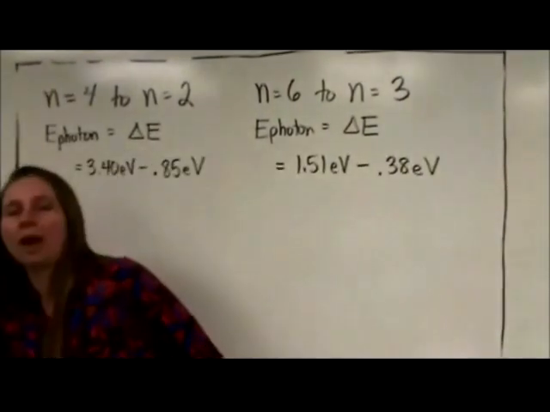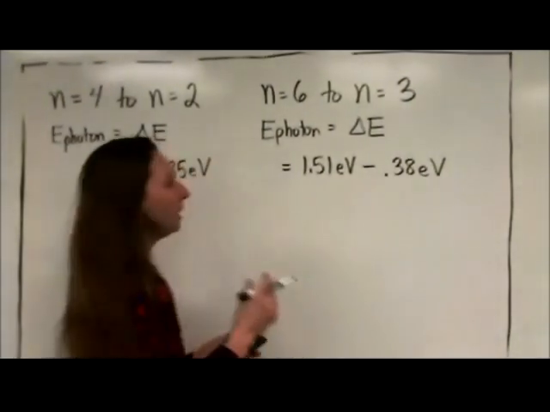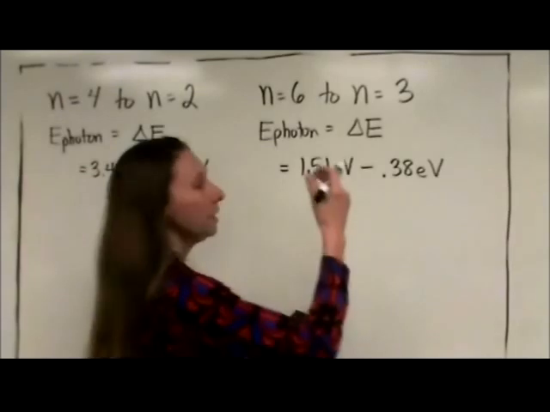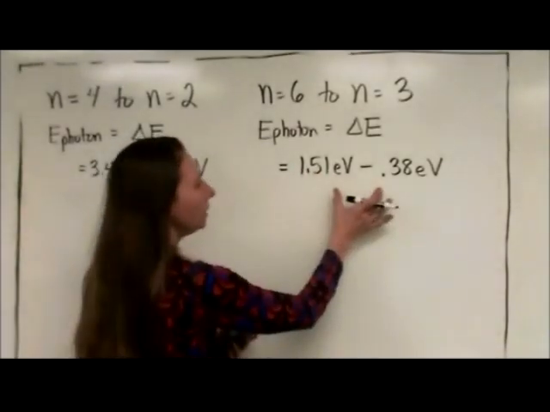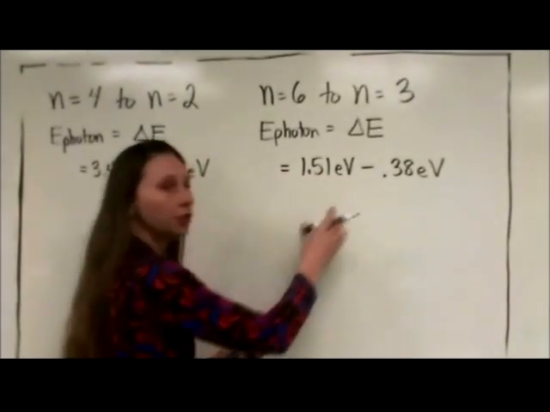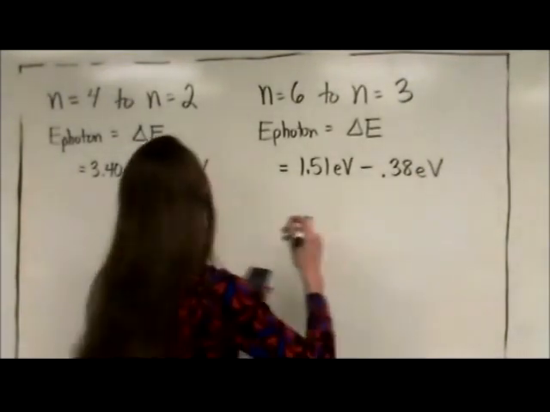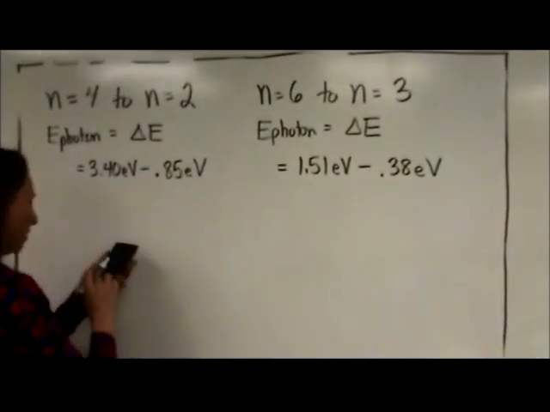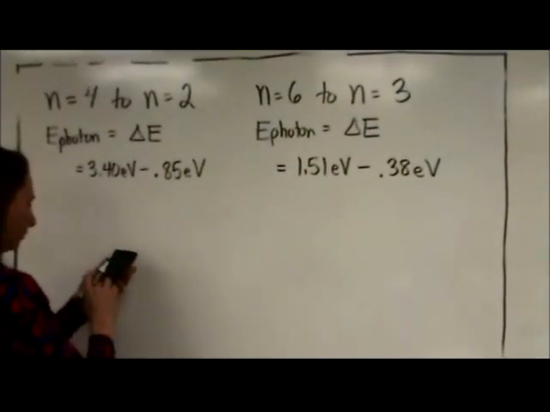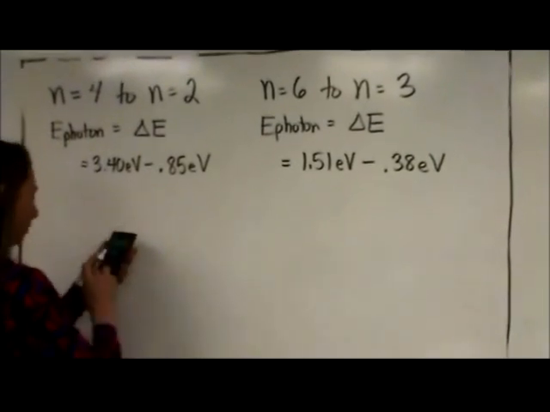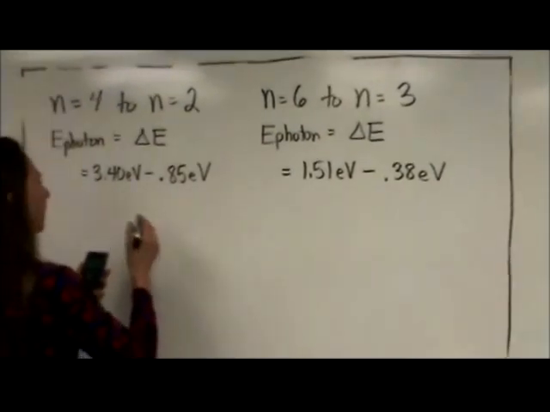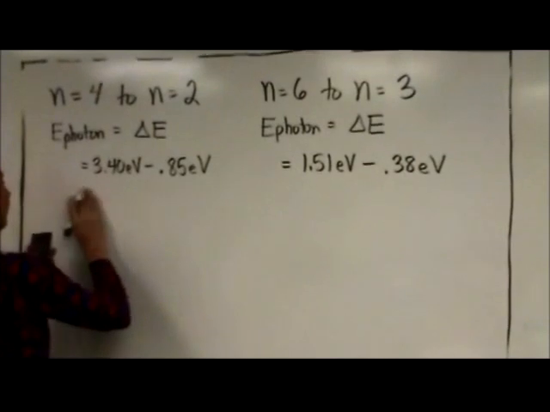We're going to subtract those to see how many electron volts the electron loses, what exactly the energy is of the emitted photon. Here we go. 3.4 minus 0.85 is 2.55